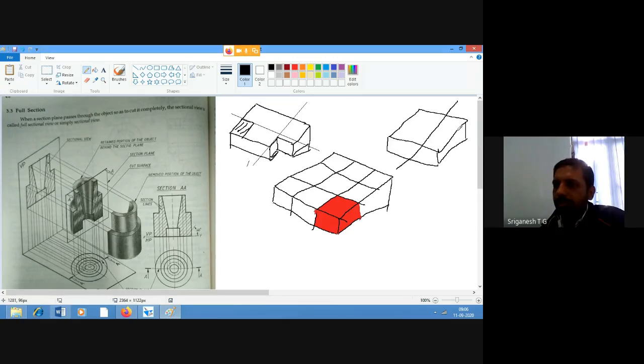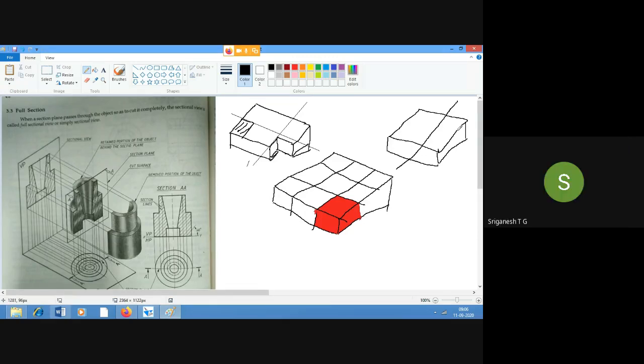So these are the different types of sectional views that we have, but generally in most cases, they will ask for complete sectional view, that is full sectional view. That is, as I told you, cutting a vegetable into two equal pieces completely, not like a portion. Is that clear?